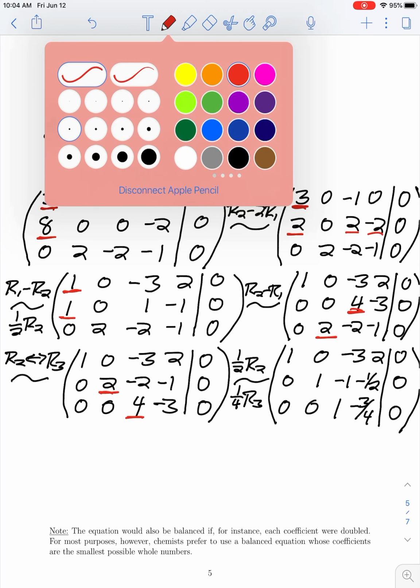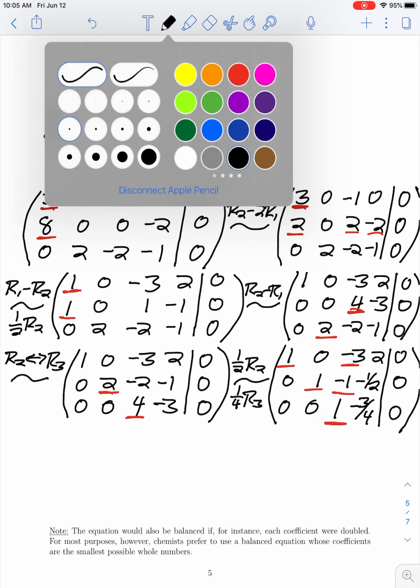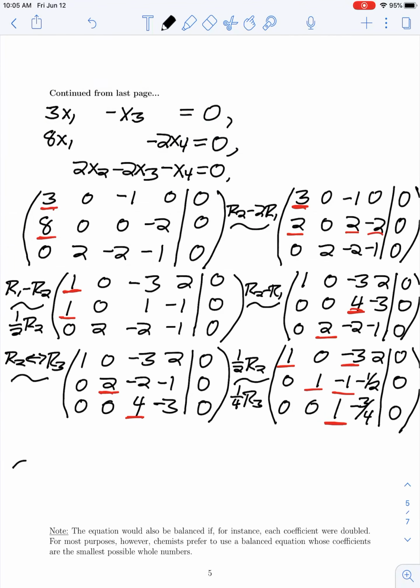So now my first two columns look exactly like what I want. I've got a 1 as the leading coefficient with zeros above and below. And then in my last row, I've got a 1 as the leading coefficient, but I need to eliminate the -3 and -1 that appear above it. So in my last step for this row reduction, to kill off the -3 in my first row, I'm going to take row 1 plus 3 times row 3,